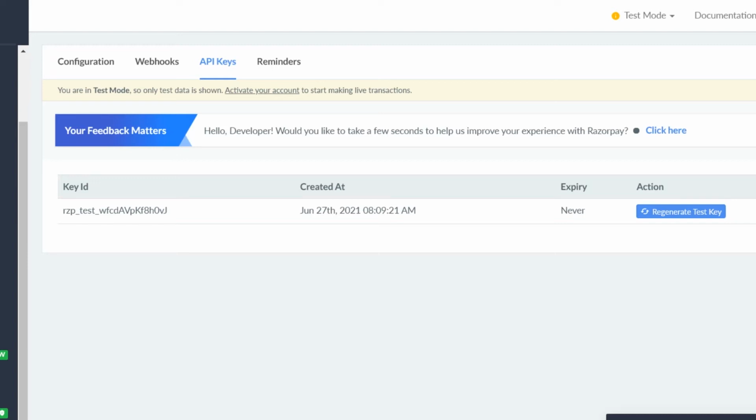So now we will move to our coding part. We created our Razorpay account and all those things. Now it's saying that submit your KYC and all those things. 24% completed. If you are making something for a company, then you have to do all those things. So let's move to the code.